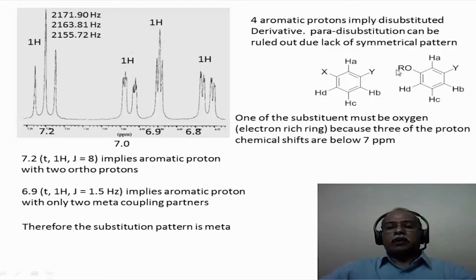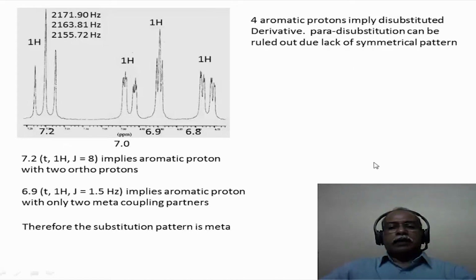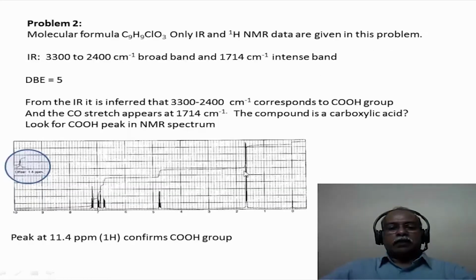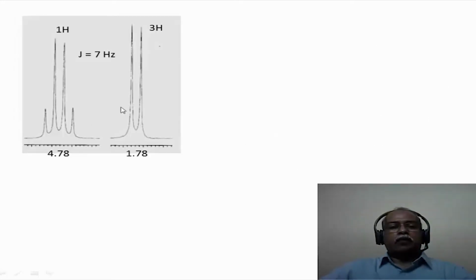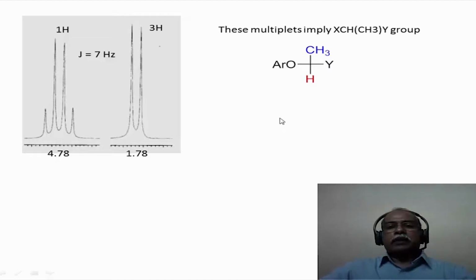Let us identify what is the R group in this particular instance. The other multiplet that is seen here in the NMR spectrum is the multiplets which are in the region between 4.4 to 5 ppm. The other region, which is between 1 and 2 ppm, is the signal that we need to assign. And those multiplets are expanded nicely here. 4.78 ppm is a quartet, 1.78 ppm is a doublet. A quartet and a doublet essentially would mean that you have a CH3CH kind of a functional group. The red hydrogen will be a quartet, which is a 1 hydrogen intensity, and the blue hydrogen will be a 3 hydrogen intensity doublet.